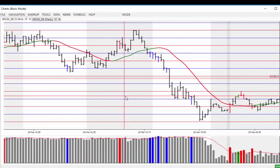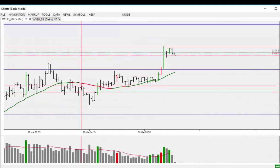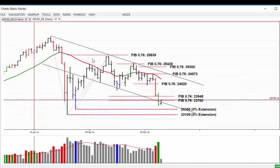So we'll stick with the Dow. Friday, another down day. Market rallied, then moved lower, and then managed to find some sort of support here before going back up and then moving to the downside. I stayed short on this move, but since, as you'll see, the market's come back, and I'm going to hang in there at the moment and see what happens over the next few days. It'd be nice to hang in there because at the moment it's looking really weak when you look at the